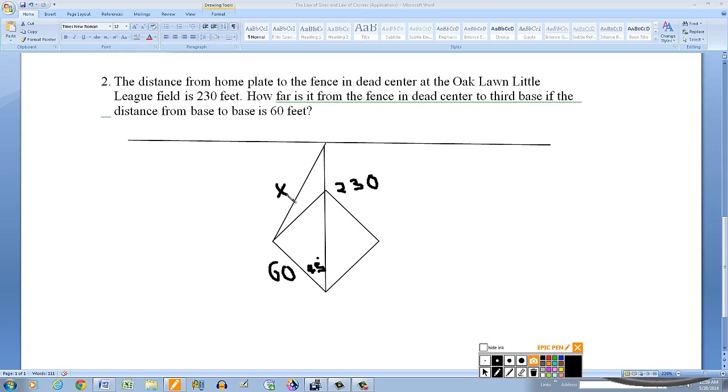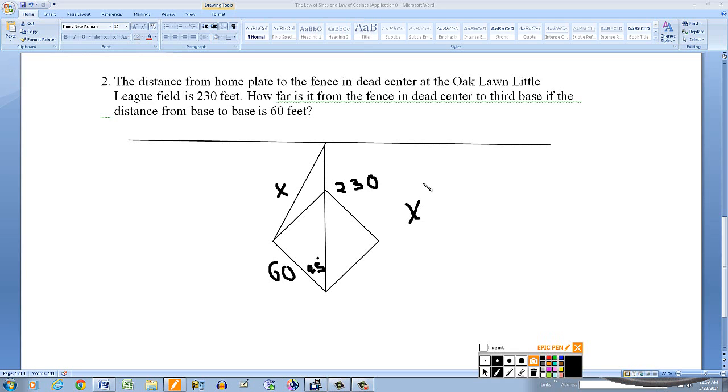Okay, so remember in the law of cosines, anytime you're given side angle side, that is two sides and the included angle, you can use the law of cosines. Or if you're given all three sides. Well, in this case, think of it this way, we have 60, angle, and then this side is 230. So we're given side, angle, side, and we want to find this side over here, which is x. So according to the law of cosines,